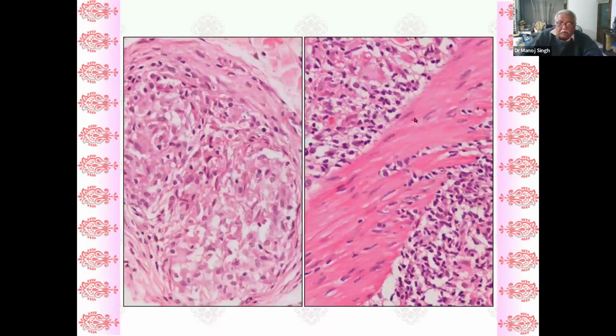And as I had pointed out earlier, the muscle is also involved. In fact, compared with the nerves, muscle is more of a diagnostic marker, because the muscle you can make out. If a muscle is getting inflamed, destroyed, or surrounded by inflammation, it's easier to pick up than the nerve twigs are. So always look for the muscle. And in lepromatous leprosy, of course,